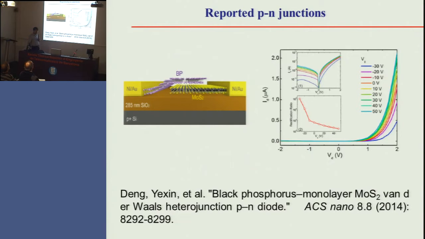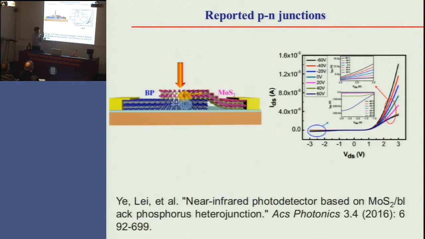After this demonstration, there are a couple of other demonstrations as well with similar materials, but this junction can also be active in the infrared range. So they can use it as a photodetector as well. Because the two-dimensional material is quite transparent, you can also put it on a flexible substrate. This device is a very interesting one. You could make something like a flexible photodetector out of these materials.